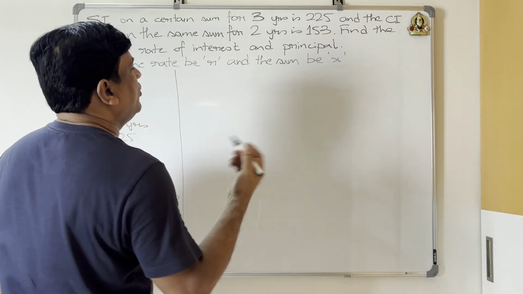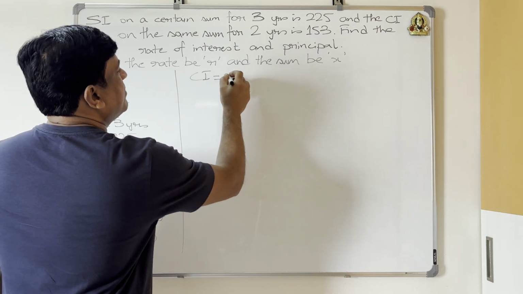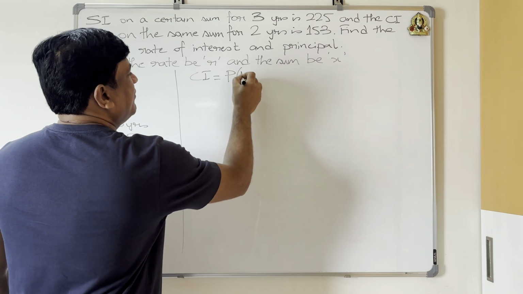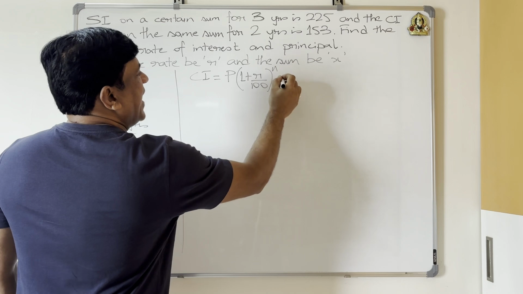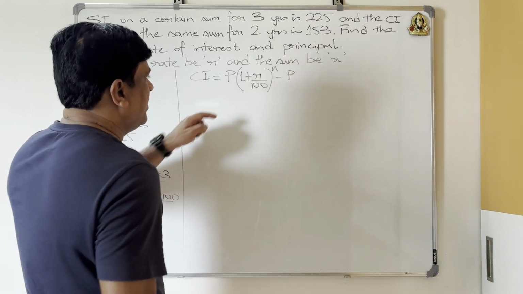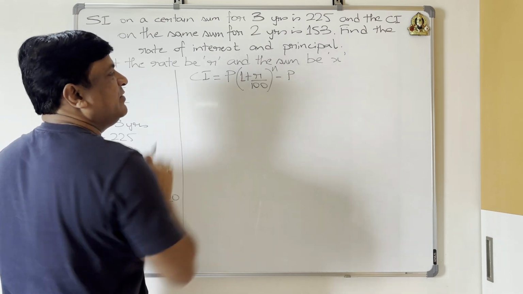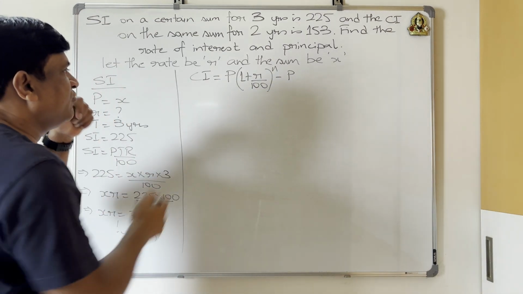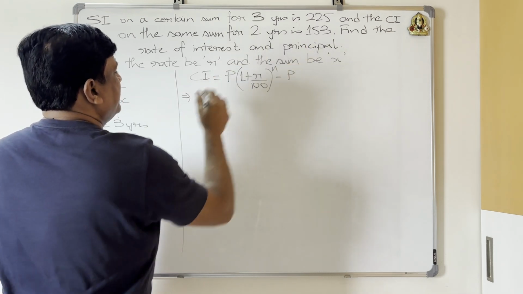Now, what do you know about compound interest? Compound interest is nothing but your amount minus P. Amount is given by P times 1 plus R by 100 whole to the power n. Remember, this is the amount formula which we have in compound interest. Minus P will give you compound interest. So similarly, let's plug the values over here. What do you have? Compound interest is 153